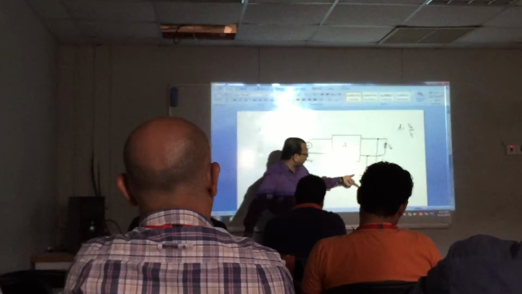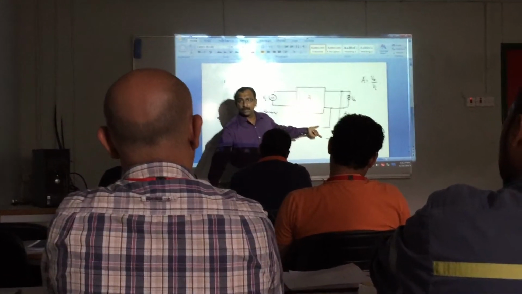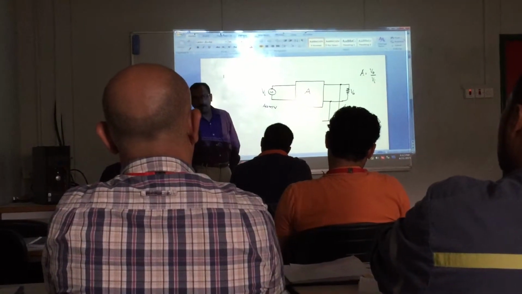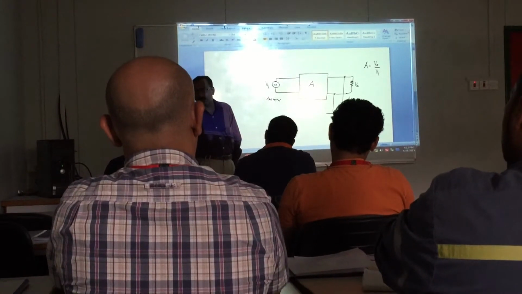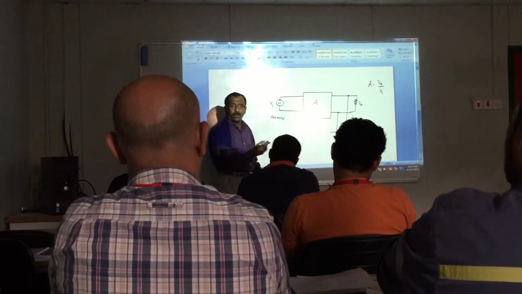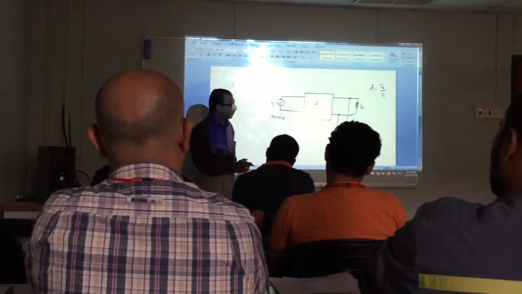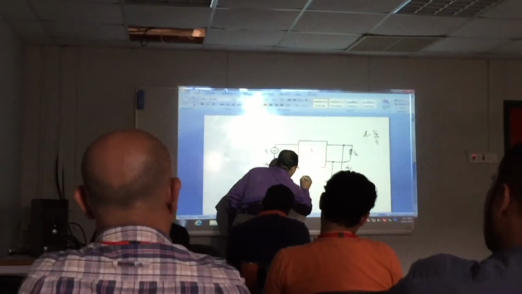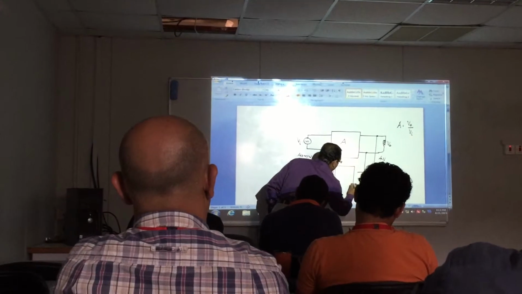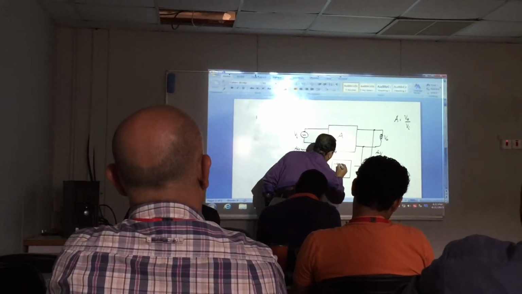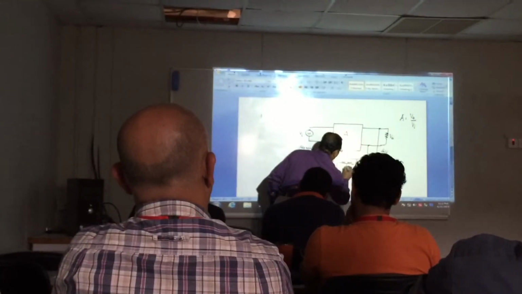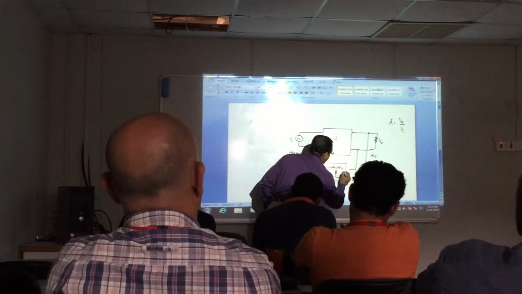How much voltage will be there? 4 volt. I don't want 4 volt. I need only a small voltage. 2 volt or 0.2 volt or 0.004 volt. A small voltage I am taking. So what I am using is a resistor network like this. We will call this circuit an attenuator.